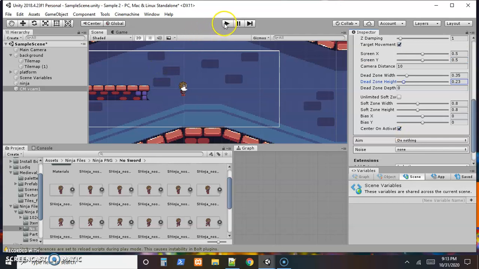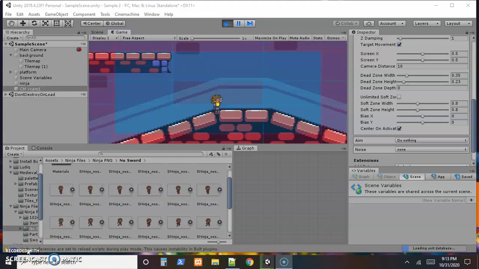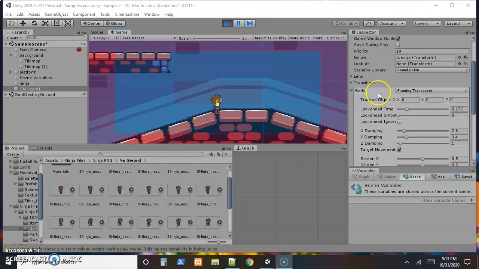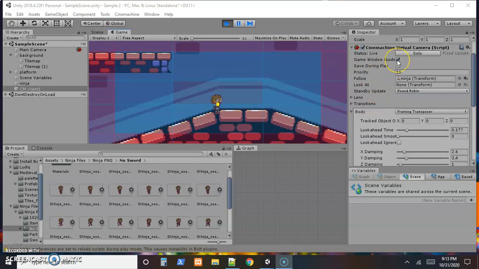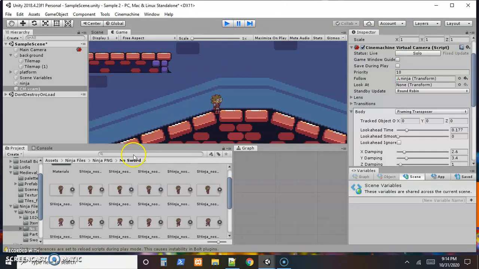So let's run this and see if that worked. So you can see this time the camera followed the character down when it started running, but we don't need to see the grid lines. So that'll work for just the quick example, and we're ready to make the character move with a Bolt macro. So I'll stop this,